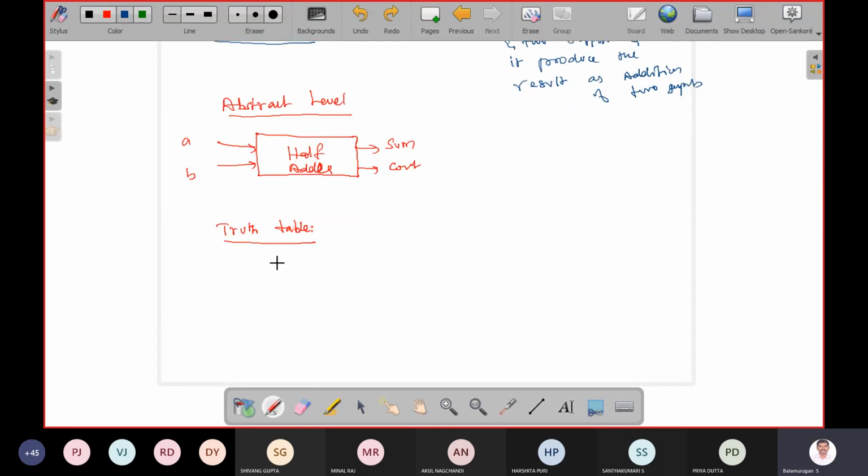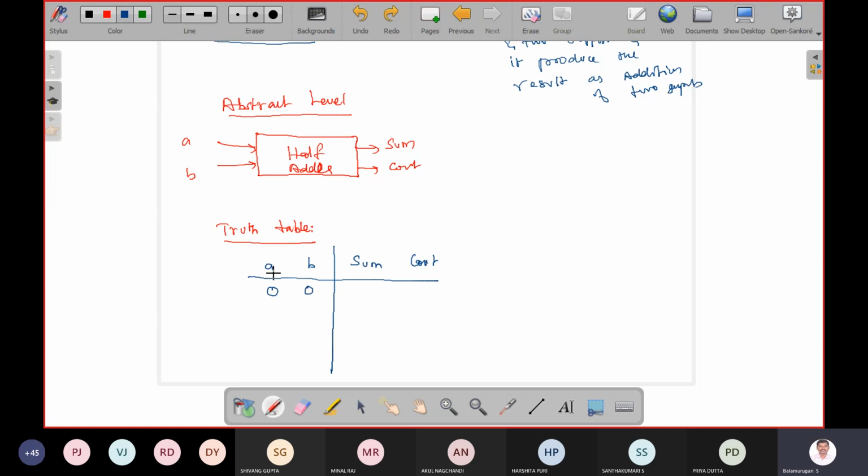Without knowing the truth table, you cannot start any design. Am I right? Without knowing the inputs and outputs, what you want, you cannot start any design. So first you have to convert your statement problem into a truth table.